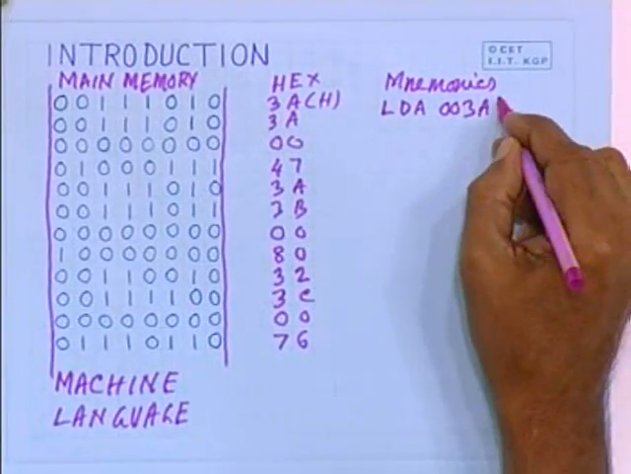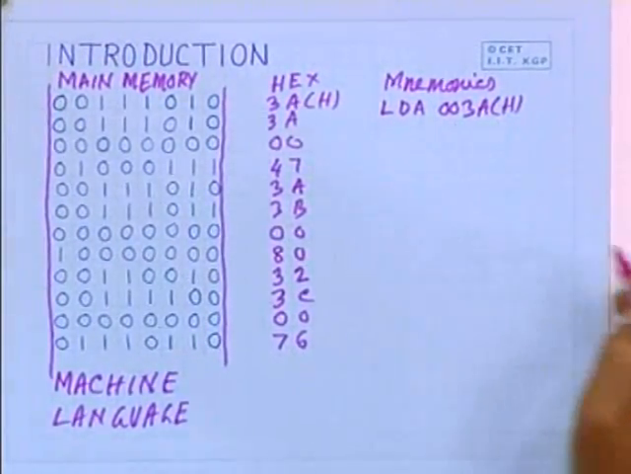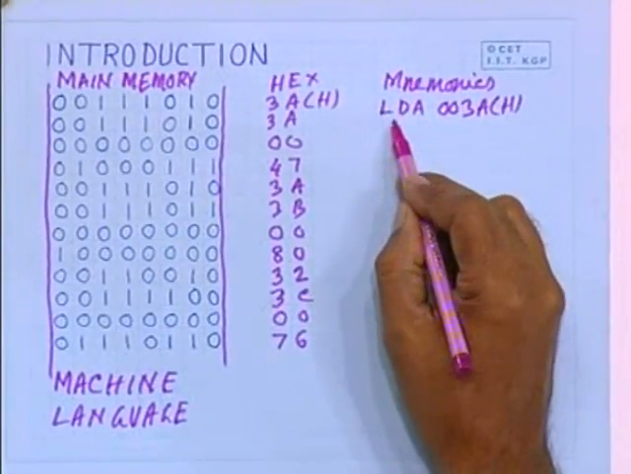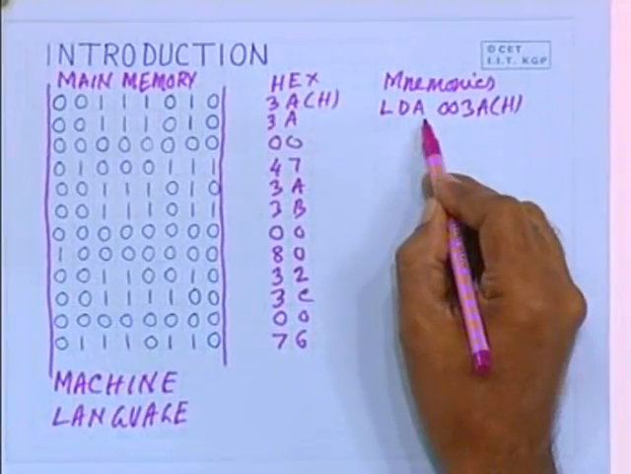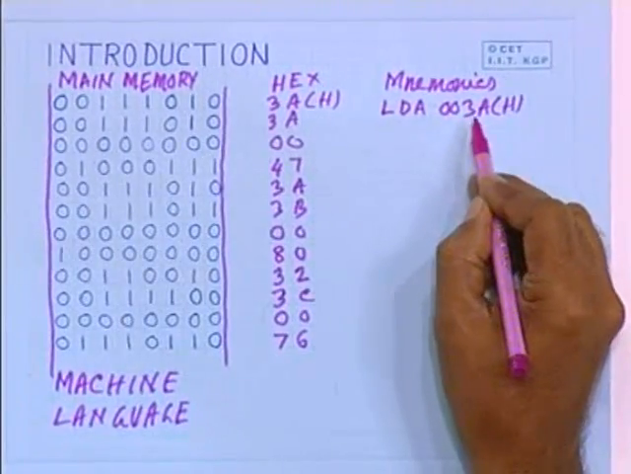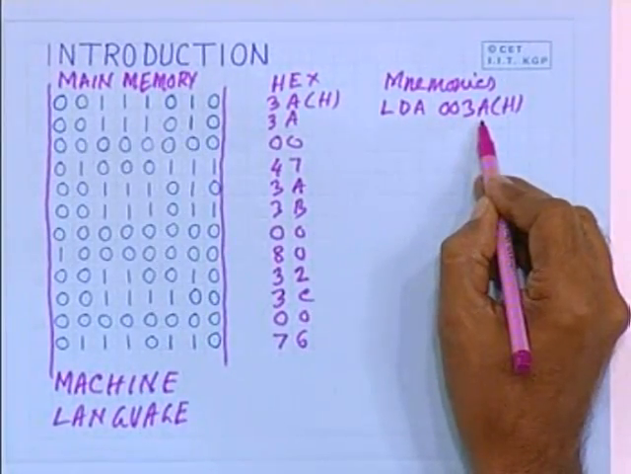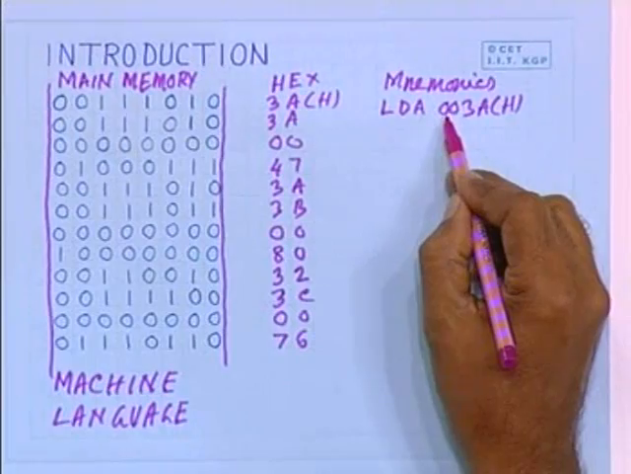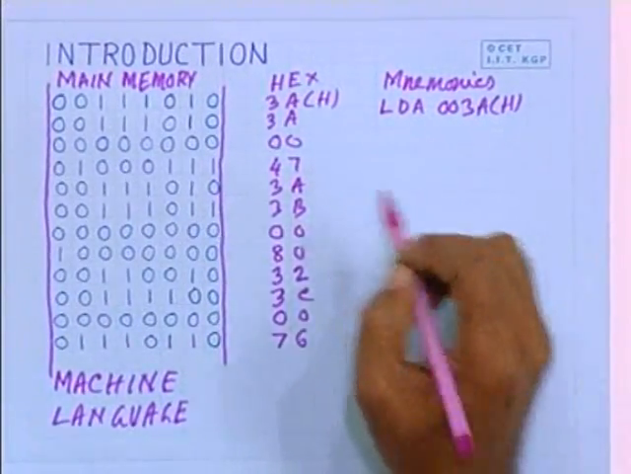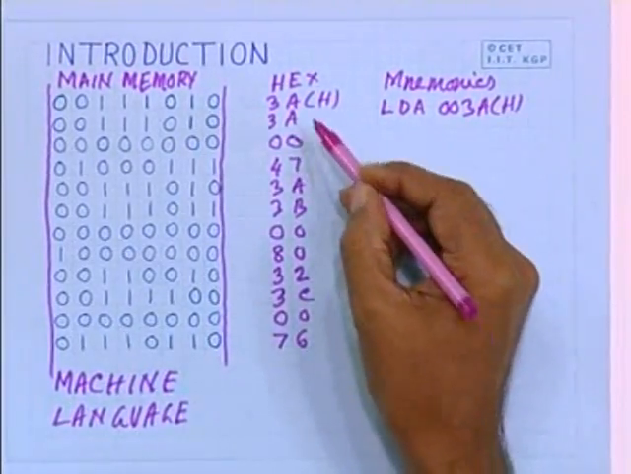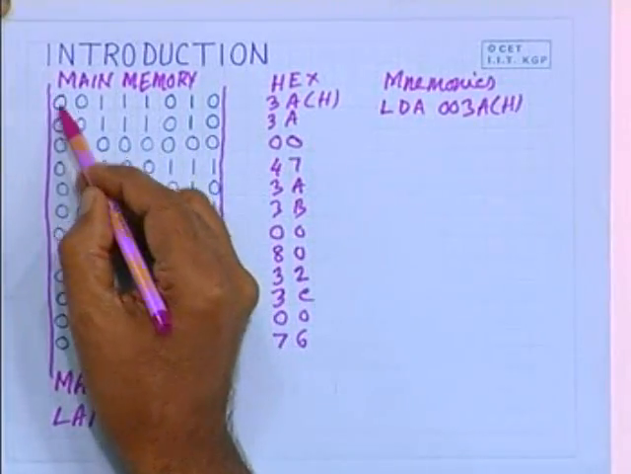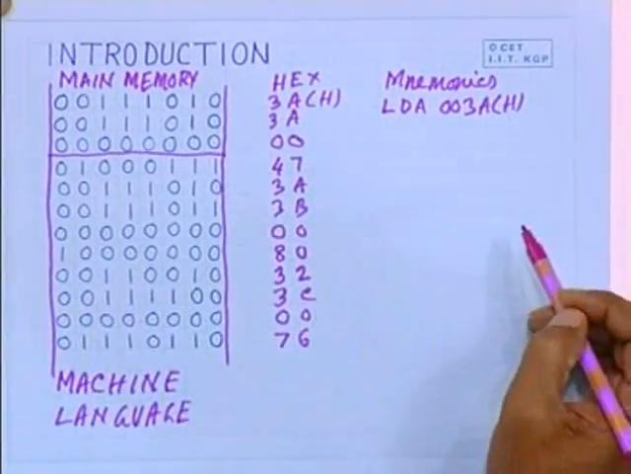003A, and this is the address. What does it do? Load accumulator. The mnemonic LDA stands for load accumulator, and 003A is the memory location. That means with the help of this instruction, the content of the memory location 003A is loaded in the accumulator. So this is the instruction 3A 3A 00; these 3 bytes up to this represent this